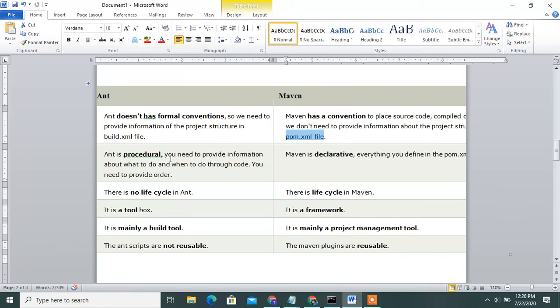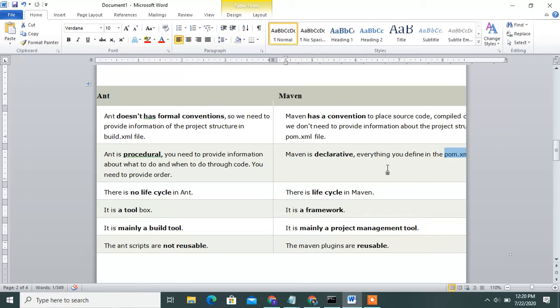Then in Ant, we need to provide the information throughout the code, and provide the order. In Maven, everything is declared and defined in the pom.xml. Once you install the project, it displays the source and pom.xml.